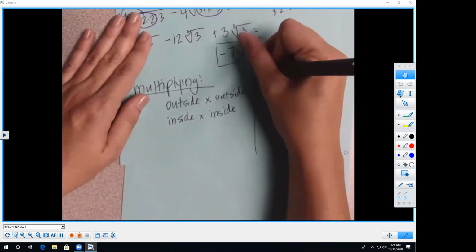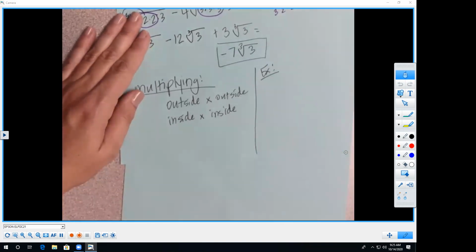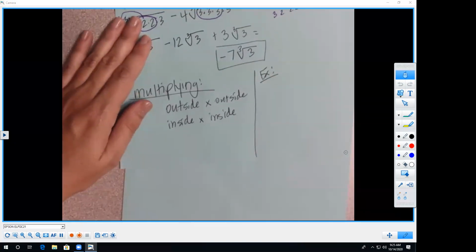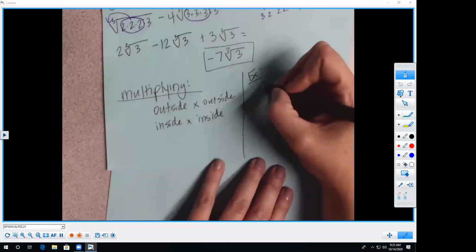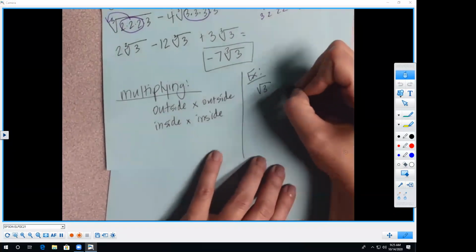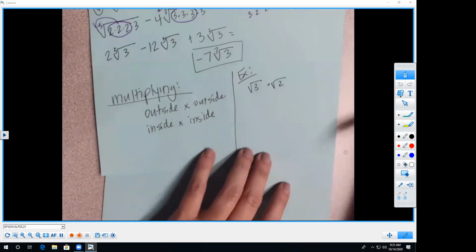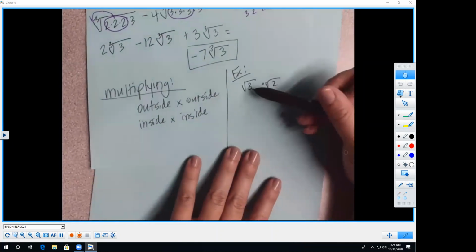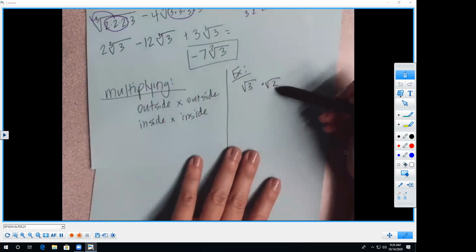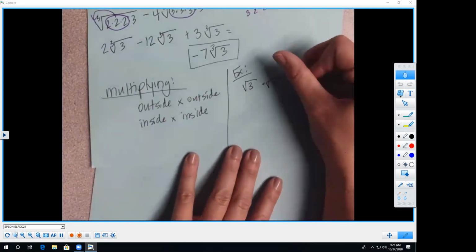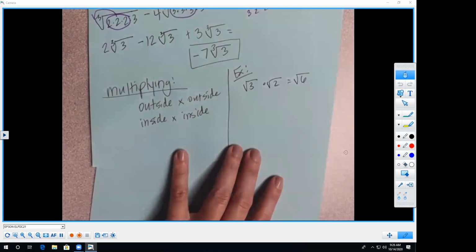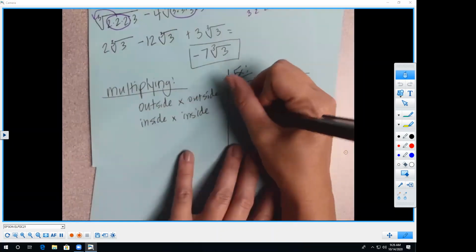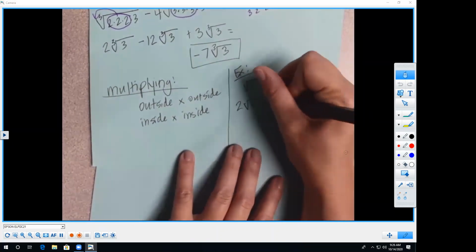For example, let's do just some 1-term problems, and then we'll get into the whole multiplying, like foiling it out, and that sort of idea. So if I had the square root of 3 times the square root of 2. 3 is an inside number, 2 is an inside number, so you do 3 times 2, and you get square root of 6, right? But if I had 2 square roots of 3 times the square root of 2,